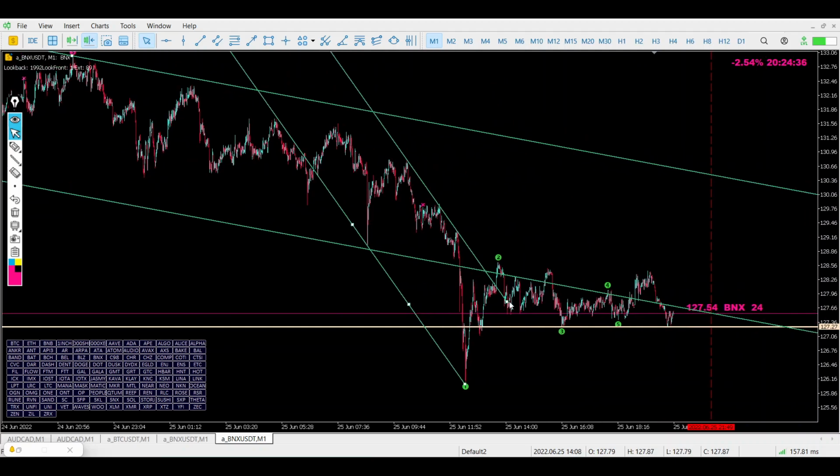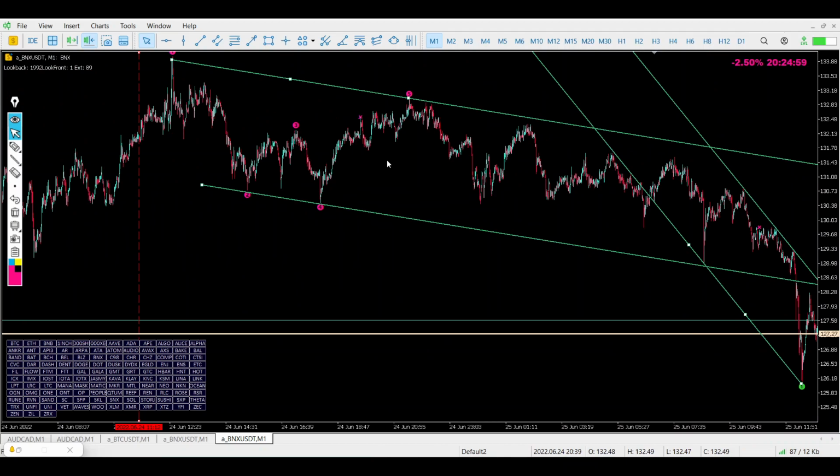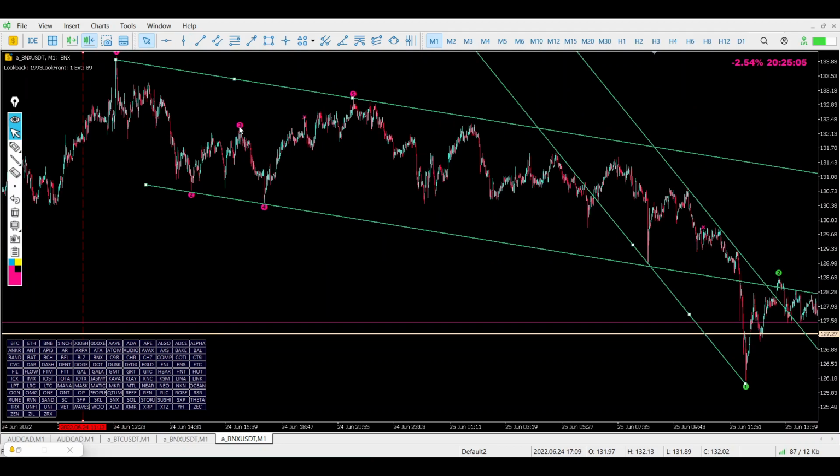Okay, so after this I have to find any reason to buy. Okay, so this is a primary study of this trend channel and Elliott waves. If I analyze this chart using Elliott waves, what I see here